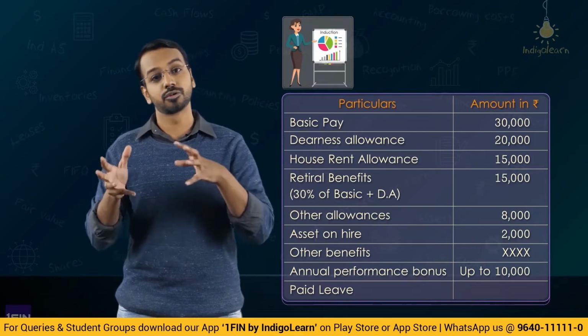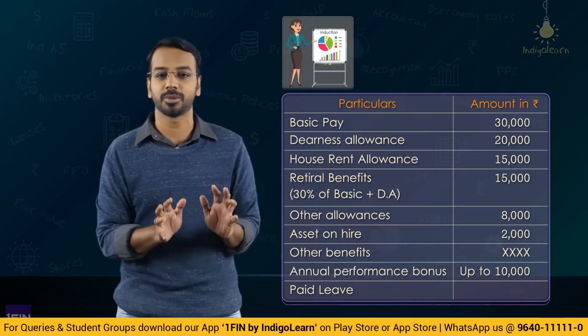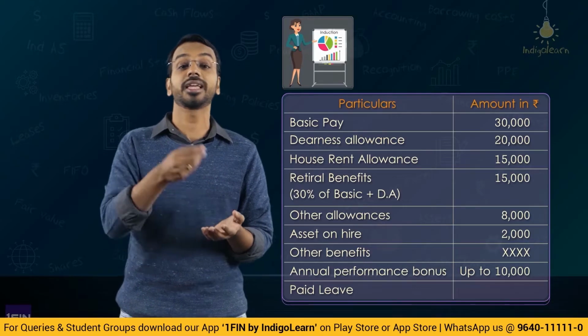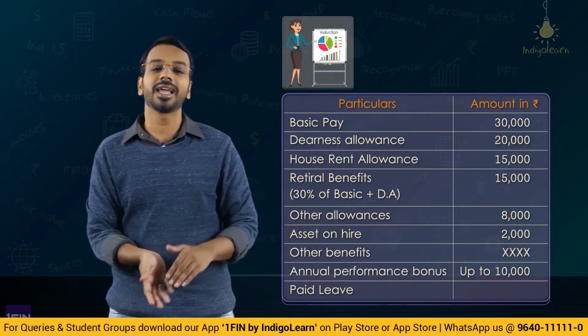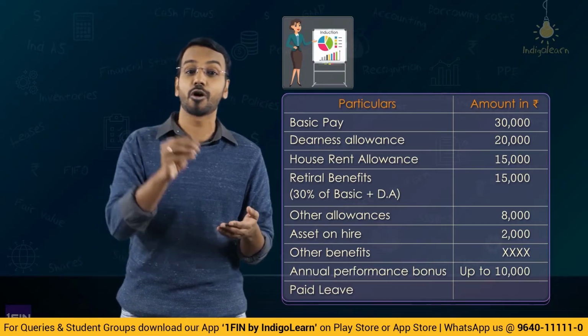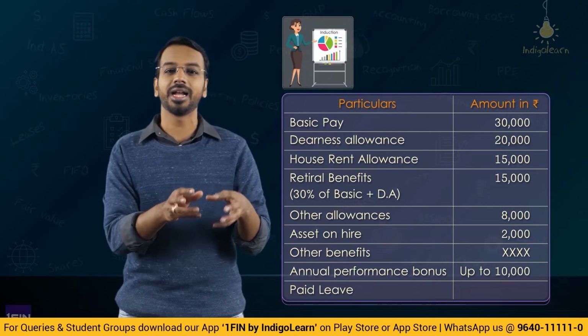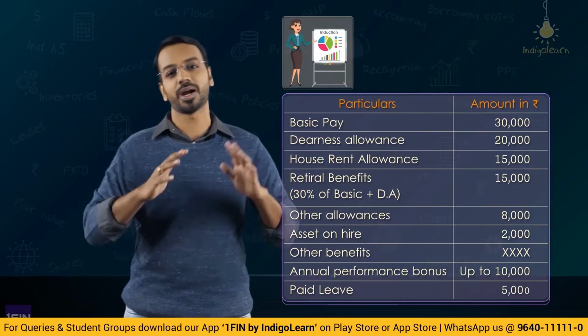We said, wow. So if you want, you can take those leaves. Let us say I did not take a single leave in the first month. Those 3 days, actually I can encash. I can encash in the same month, I can encash in the next month, I can encash when I am leaving the company, but I can encash whenever I want. So there was this component called paid leave, and the value attributed to that was 5,000. That was also included as a part of CTC.